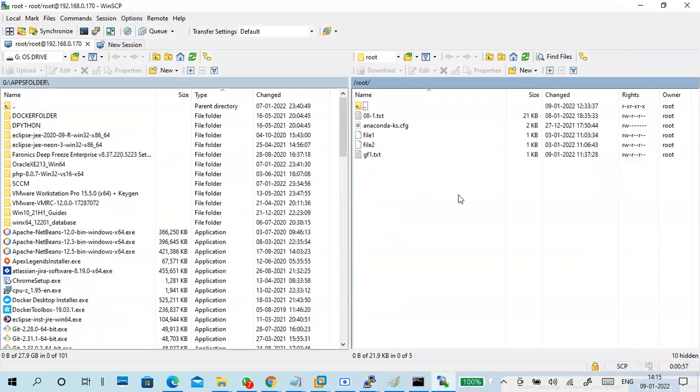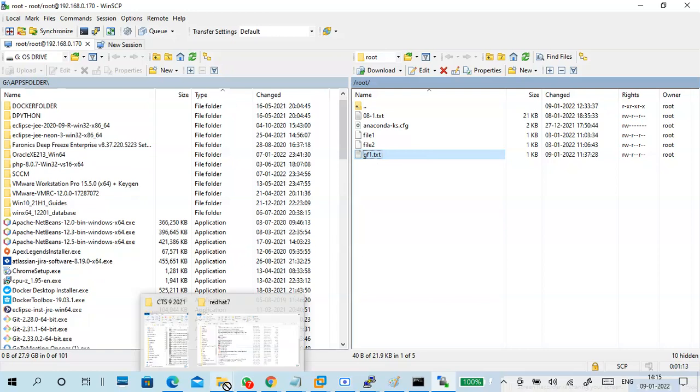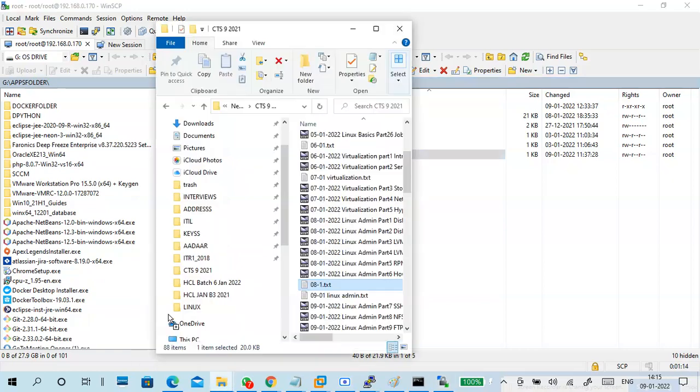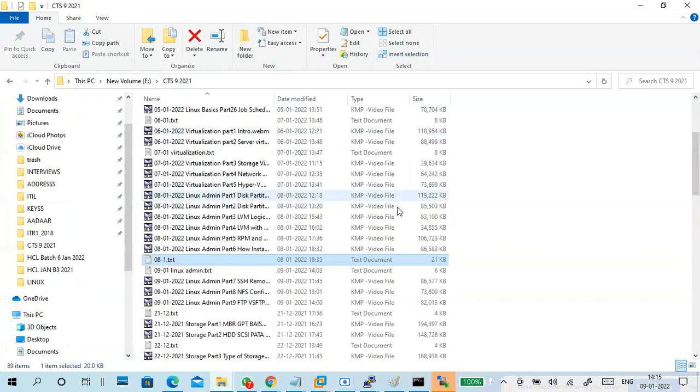You want to download a file? Then how to download it? I will go back a little. The current one is this file, gf1.txt. I want to download it into my folder. Just drag and drop.